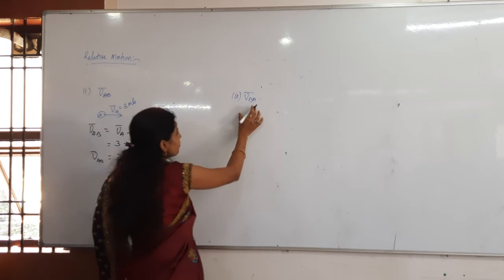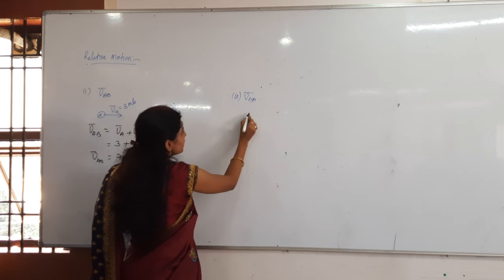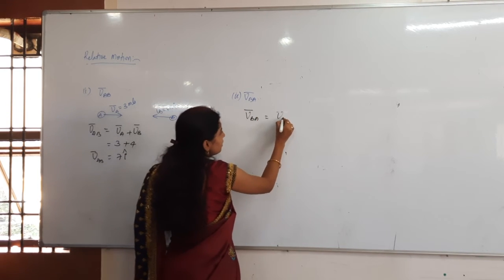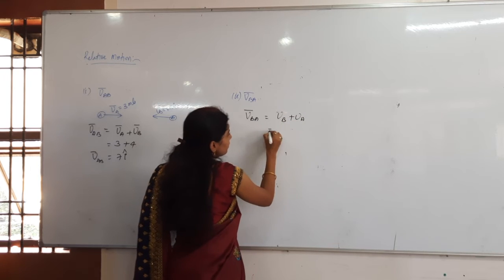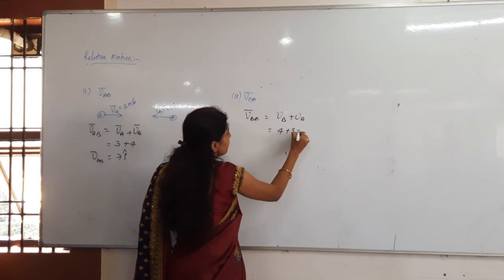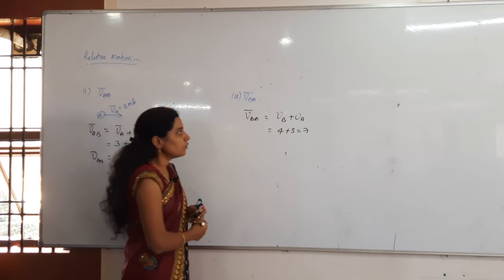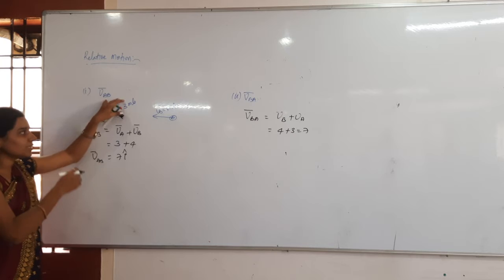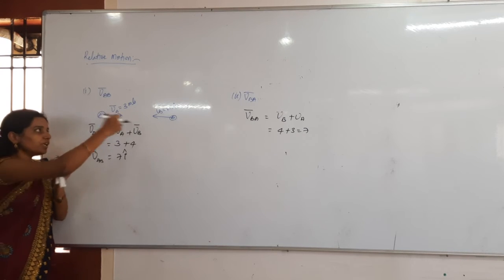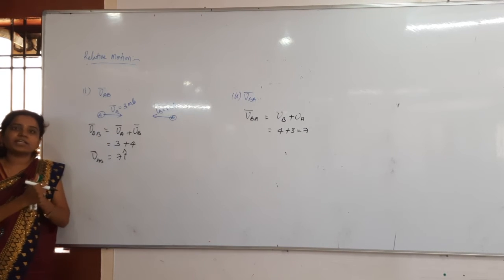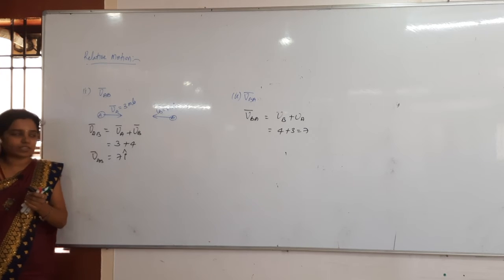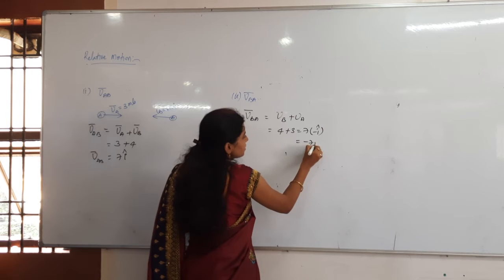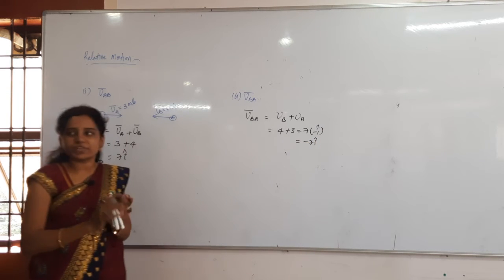Then the velocity of B with respect to A. Again both are approaching towards each other, so what can I write? VB plus VA, which is again 7 only. Who is observing here? A is observing. A is seeing that B is moving along which direction? Negative x-axis. So I can write minus 7 I cap. That is the first method.